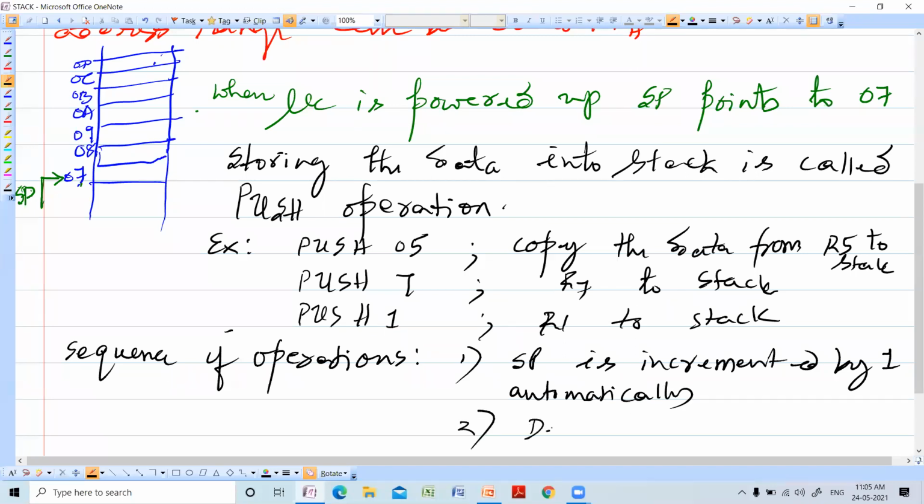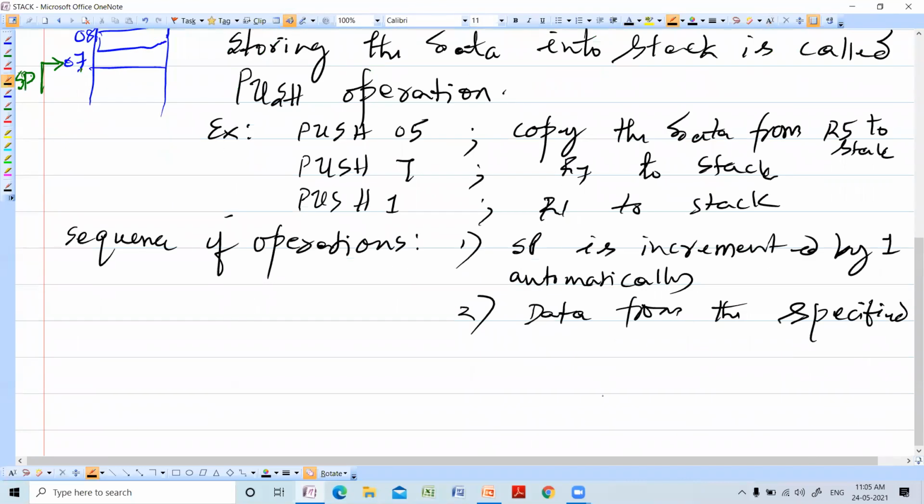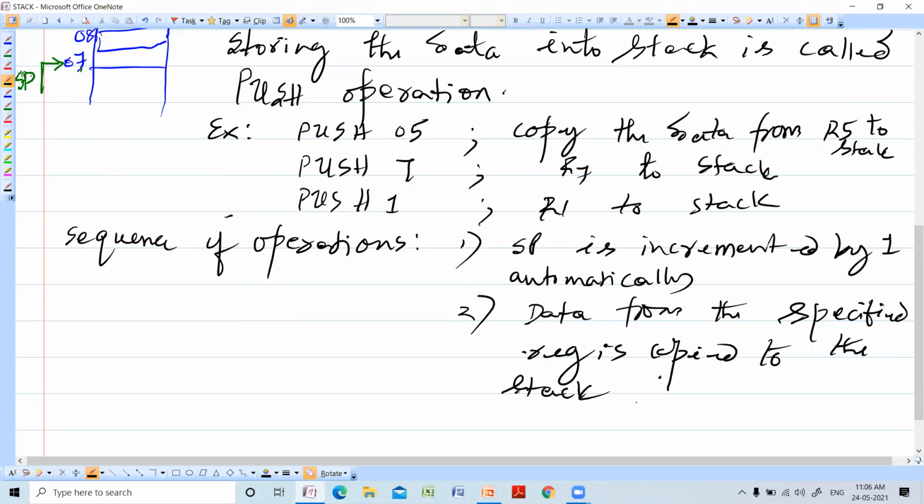Next, data from the specified register is copied to the stack location pointed by SP.